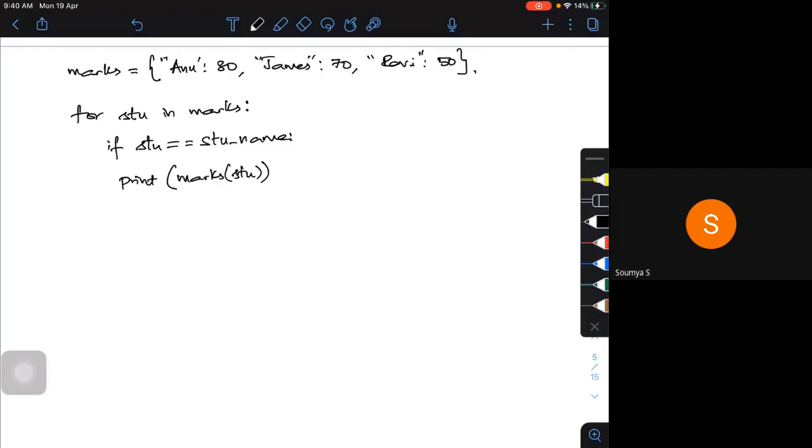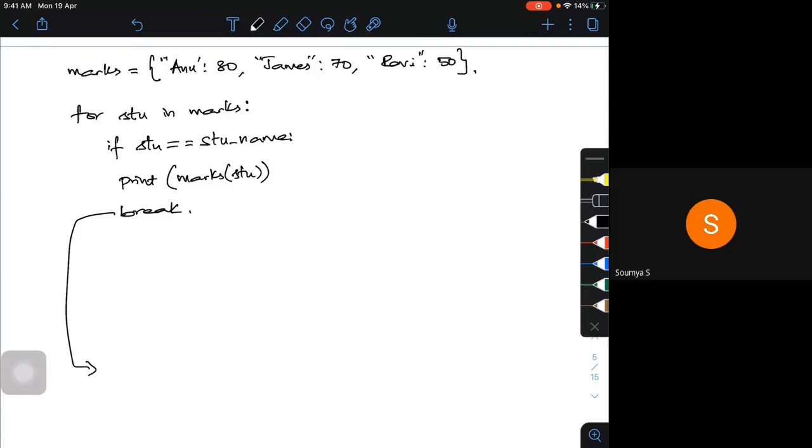Here one advantage is that I can use a break statement. What is a break statement? The break statement is used when the condition is satisfied: the moment the condition is satisfied, I can take the control out of that particular for loop.